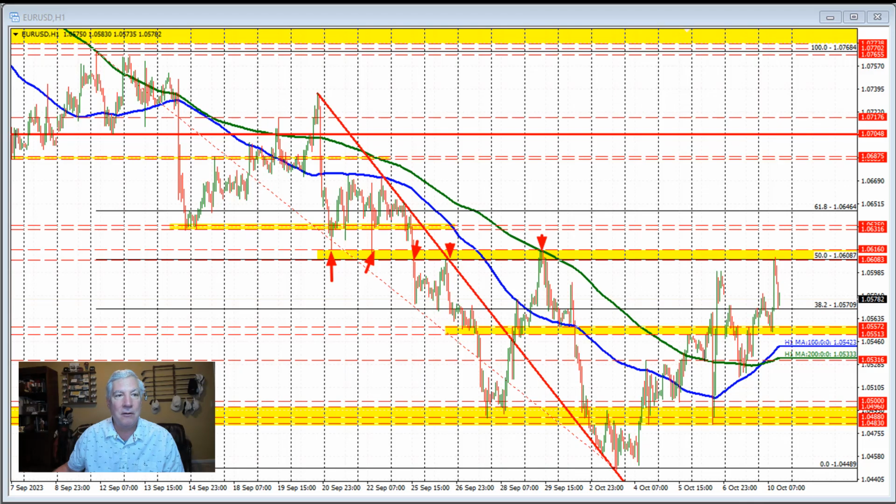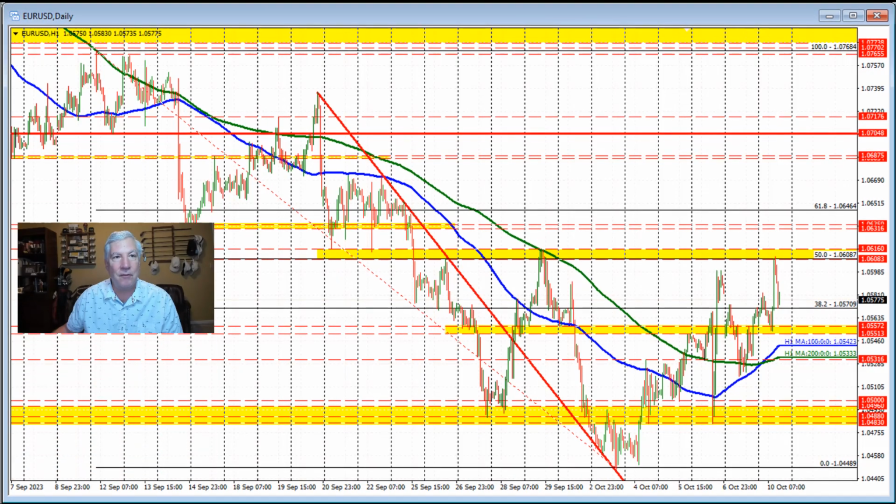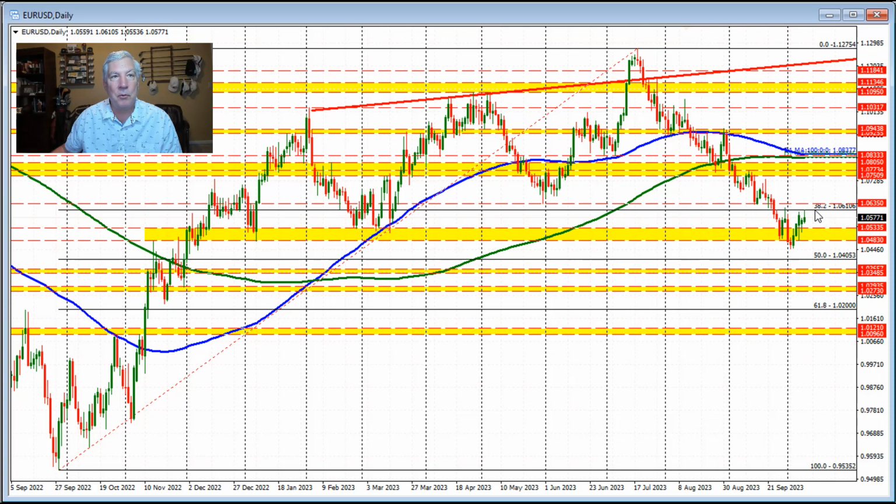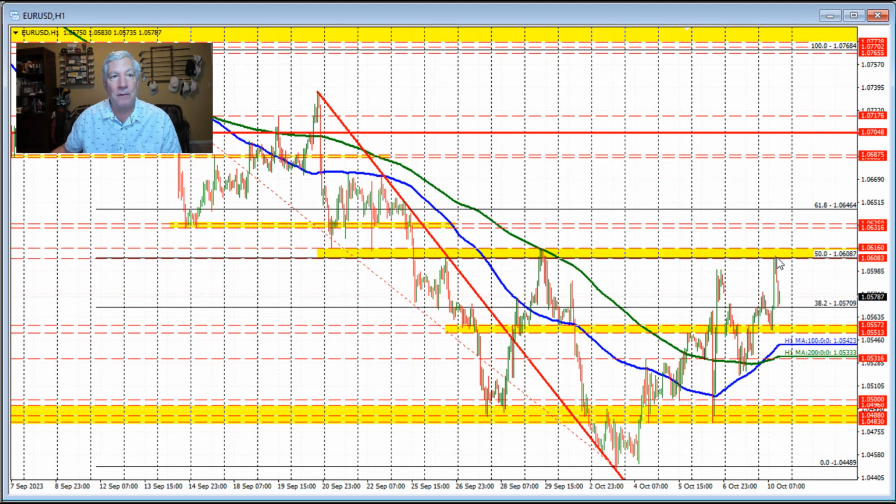You can go to the daily chart and you can see the 106.10 level as a level of importance as well. That's the broken 38.2% retracement of the move up from the September low to the July high. I think you've heard me talk about that number before, and that's precisely where the price went and found the willing sellers. Now we're back down testing the broken 38.2% retracement on the hourly chart and finding some support buyers against there. So we went from yesterday, where we found support against a 100-hour moving average, swing area, 38.2% retracement,